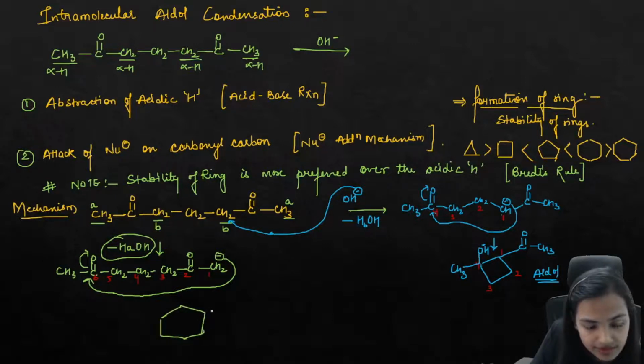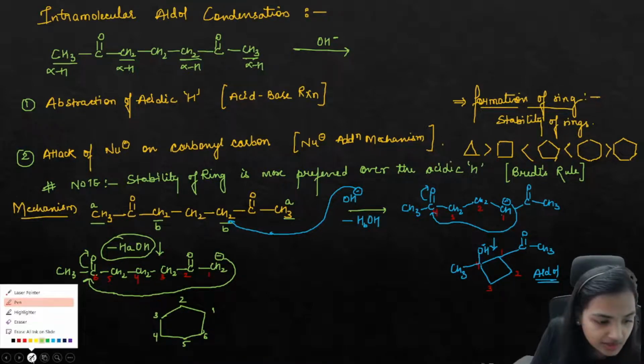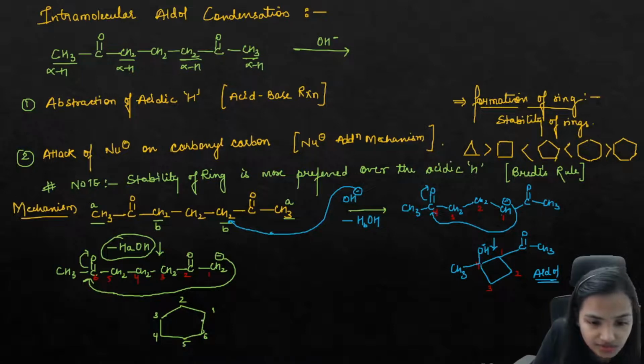Let's say this is your 1, 2, 3, 4, 5 or 6. These are your 6 carbons. So over the carbon number 1, what are you having? Over the carbon number 1, there is nothing. We are having over the carbon number,